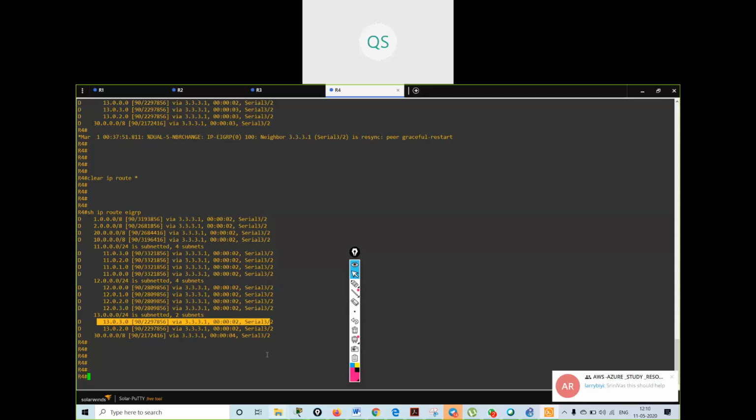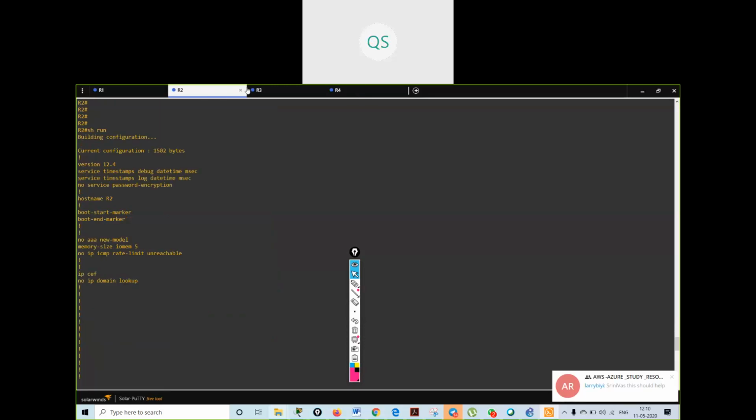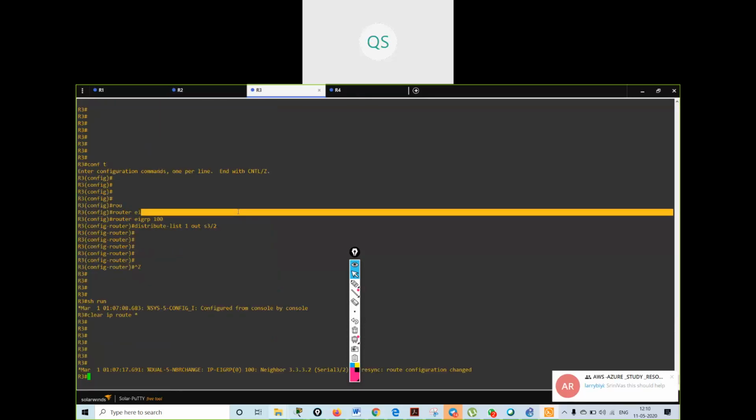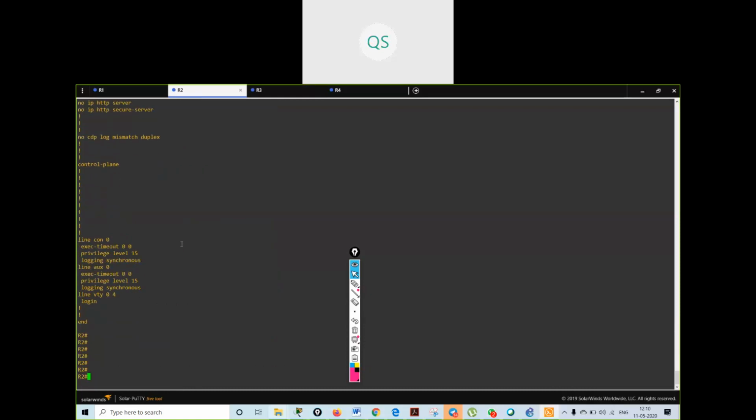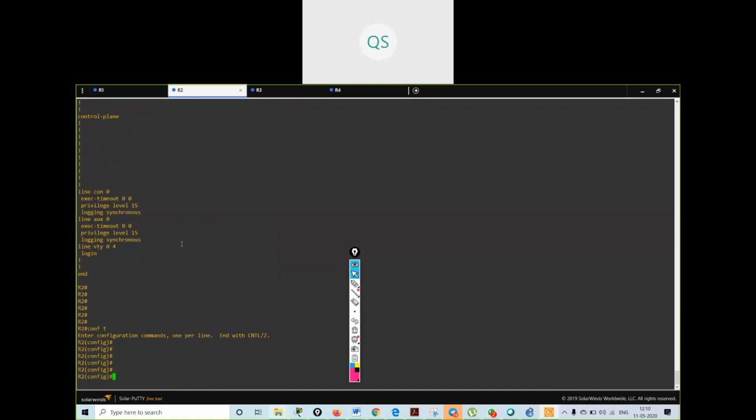Okay. Now I can do the same thing on R2's interface also. What I told you, I have two commands. So what I will do on R2's interface, I will create one access list.